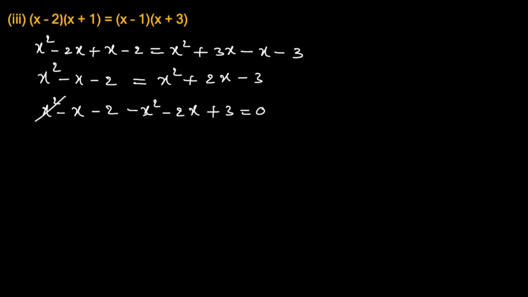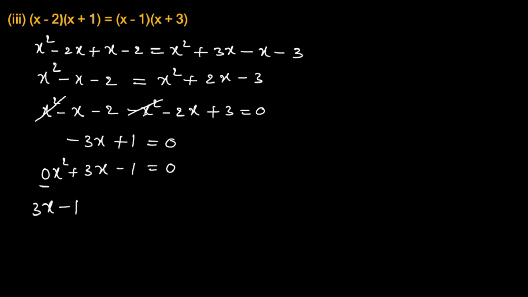x square plus x square and minus x square got cancelled. Now remains minus 1x minus 2x, which is nothing but minus 3x. 3 minus 2 is 1, plus 1, is equal to 0. You can also write it as 3x minus 1 if you multiply it with the minus. Now, if you see this, there is no x square. You can keep it as 0x square. There is no highest power of 2. The highest degree is that 3x minus 1 is having,